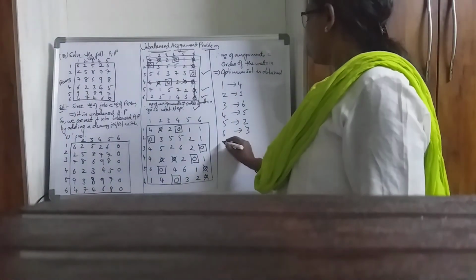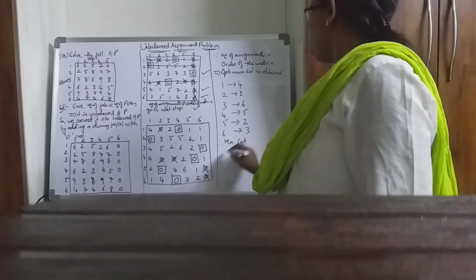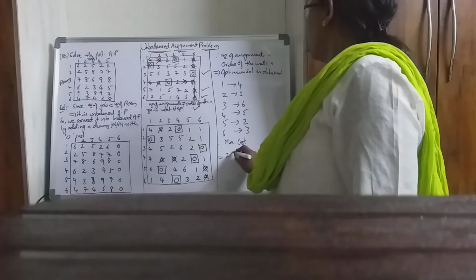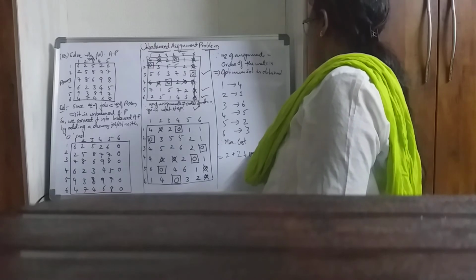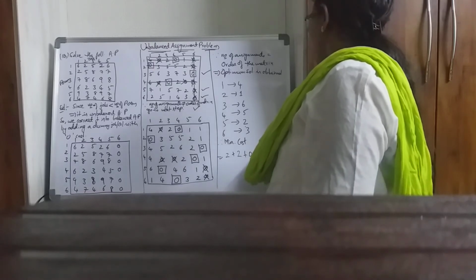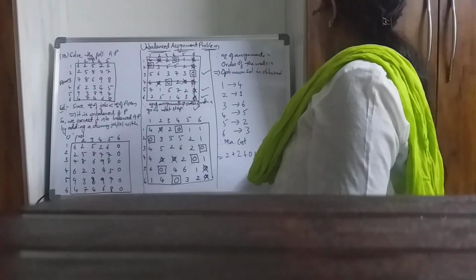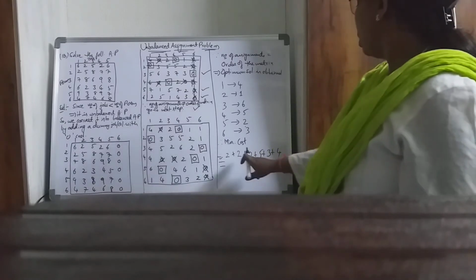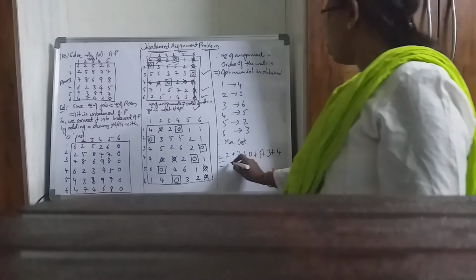So what is the cost now? What is the minimum cost of performing the job? Add those values. Here first, fourth means you have 2. Plus second, first means you have 2. Third, sixth means 0. Fourth, fifth means 5. Fifth, second means 3. Sixth, third means 4. So here 2 plus 2, 4. 4 plus 8, 12. 12 plus 4, 16.